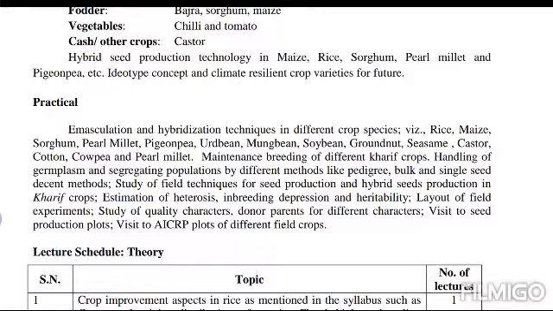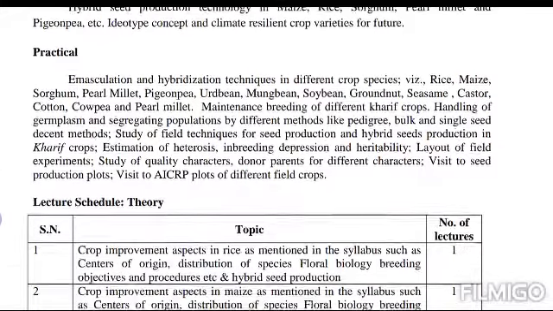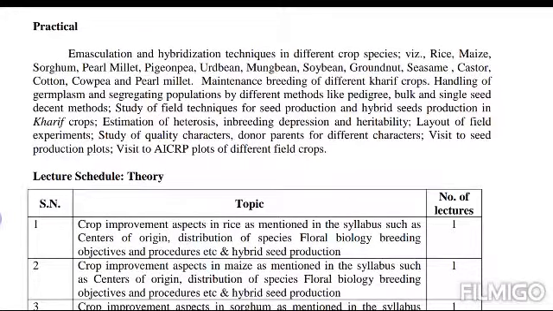Coming to the practicals, emasculation and hybridization techniques in different kharif crops like rice, maize, sorghum, pearl millet, pigeon pea, urd bean, mung bean, soybean, groundnut, sesame, castor, cotton, cowpea and pearl millet. Maintenance breeding of different kharif crops, handling germplasm and segregating populations by different methods like pedigree, bulk, single seed descent